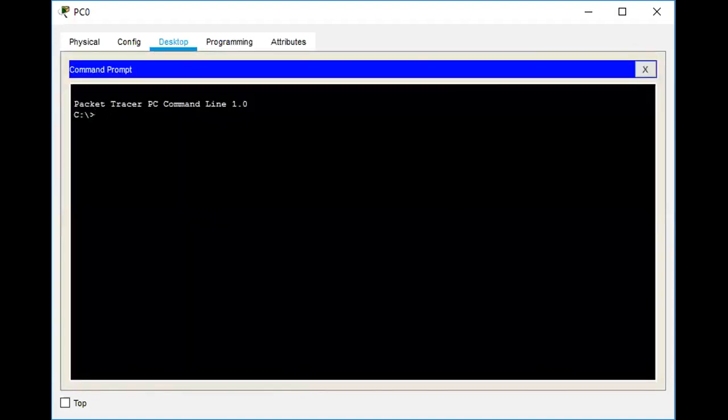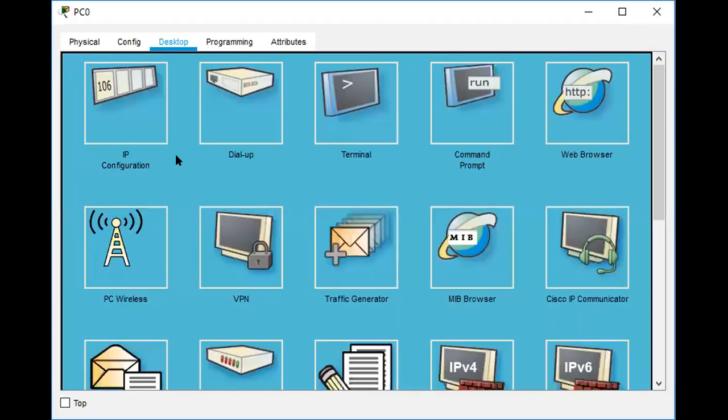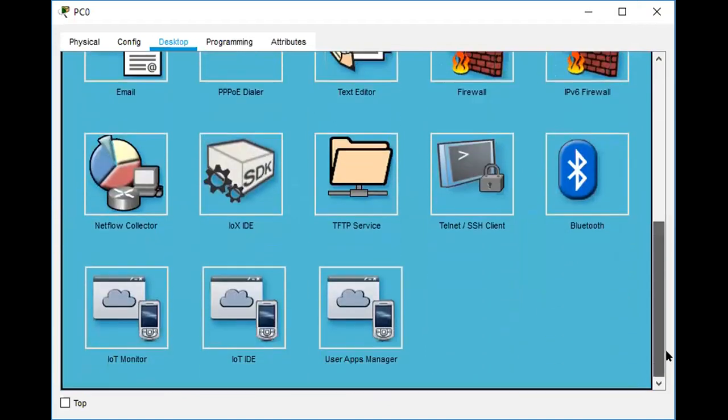You will get this Packet Tracer PC command line. Then if you want to go back, don't click this one. You click this cross menu. Then we will get this one. Then the web browser. The web browser is used for IoT applications, and you can also use it for IoT monitoring. If you connect IoT devices and you want to monitor, you double click on that and enter the URL. You will control and monitor the IoT based network.